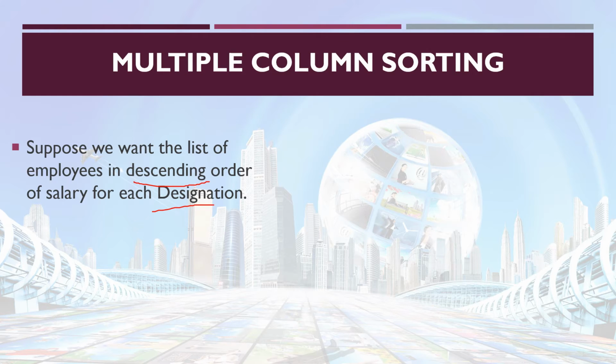The next manager section, higher to lower salary. Like this we want. So here we are going to sort two columns, that is, the designation column also we are going to sort. So clerk means clerk section separate. Manager means separate. Then salesperson means it is separate. So for each separate section we need the salary to be sorted from highest salary to lowest salary.